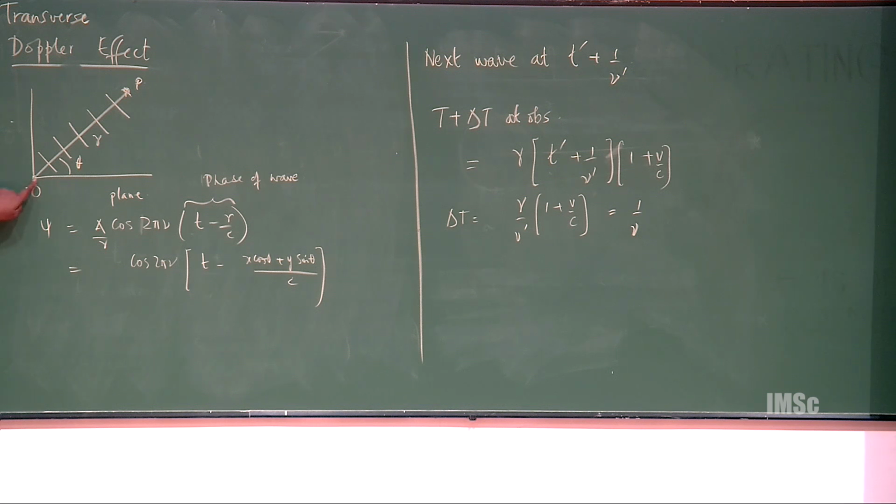So the first wave reaches the observer. This source emits at t equal to 0, so r by c later he gets the first wave, right? He keeps counting for some time t, and he asks how many maxima he has seen in that time, and therefore he gets the frequency as that divided by t. So he will get,